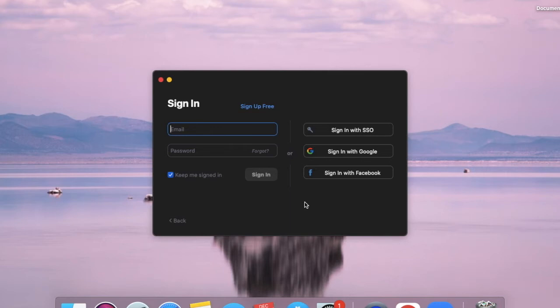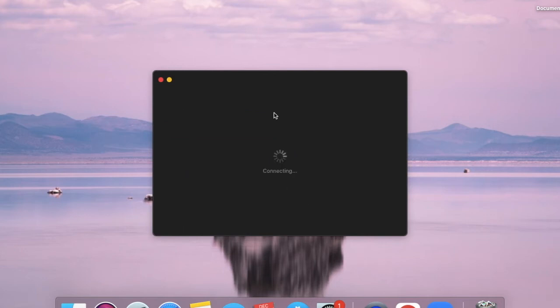So the reason I'd suggest doing it this way, doing your sign up first and then the app, is because to sign into the app, you're already going to need to have those details. So if you want to download the Zoom app first, you can do. But I would suggest, if you haven't already got an account, doing it this way instead, just for ease, to get yourself onto your meetings straight away. And voila, the details are in, and you're now going to be in the